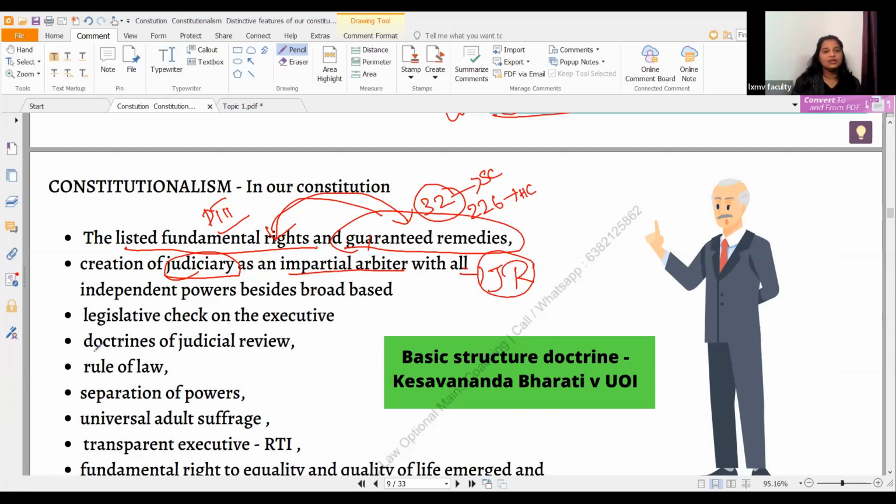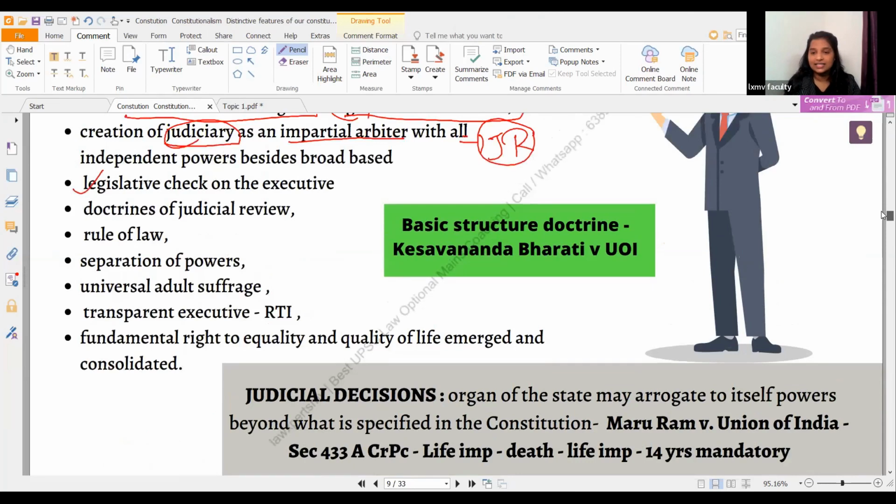Okay. Next, you have a legislative check on the executive. So you have different articles talking about that too. Legislature will indeed have a check on this executives. There are reports on the governance and the schemes, everything which should be placed before these legislatures in a quarter's time or in 1 year, something like that. So even legislature is having a check. So this is an idea of checks and balances. There are 3 different people, but these 3 different people will be checking each other. That's what is checks and balances.